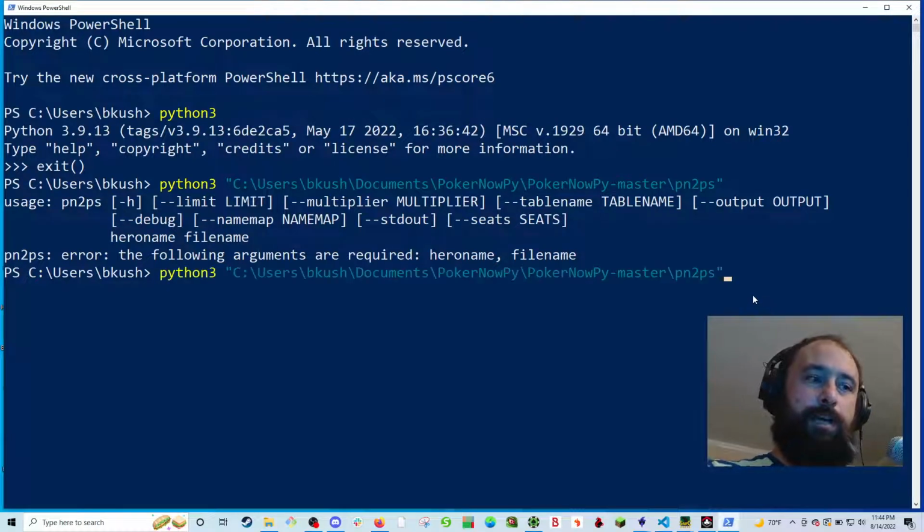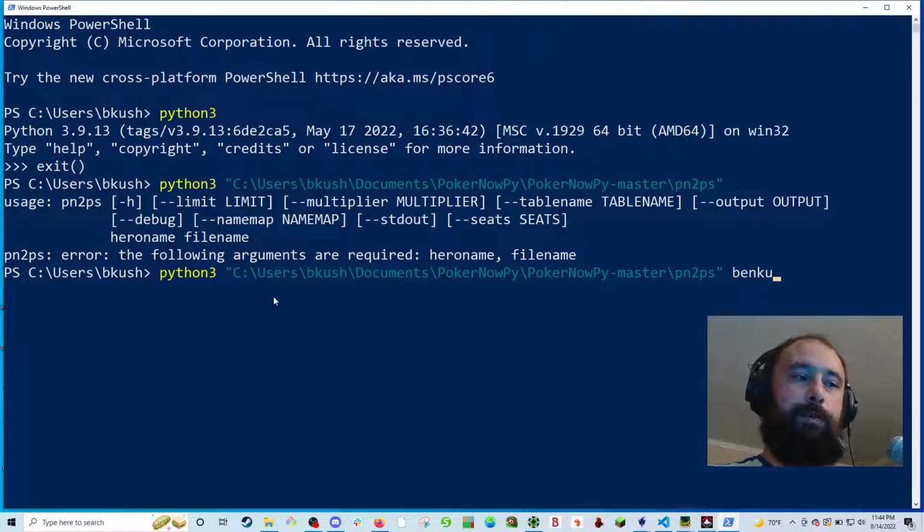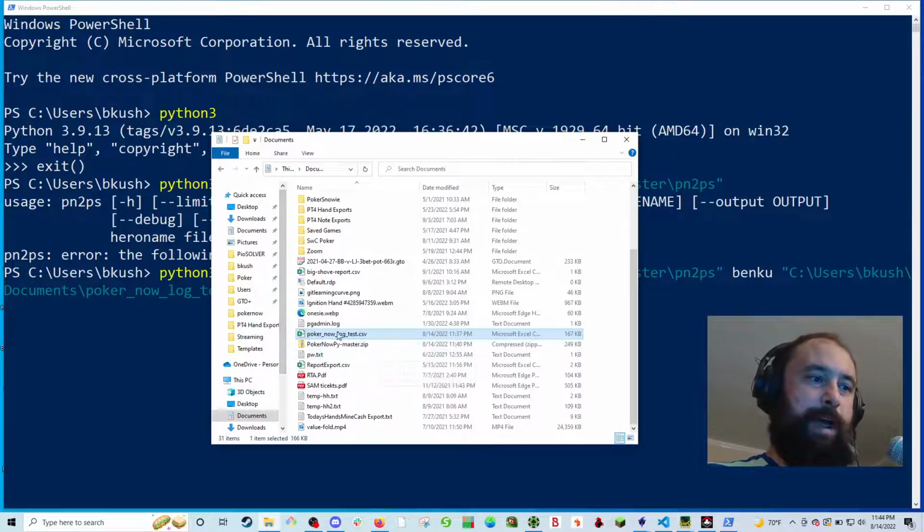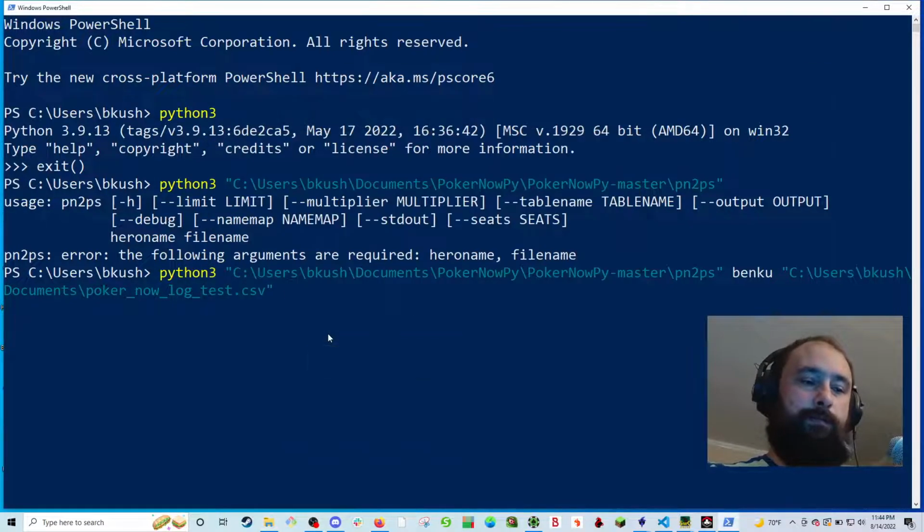So I'm going to press up. This brings up the last thing I just ran. So rather than typing all of this out again, so Python 3, the first thing I want to do is run Benku. So this is the first argument to this program. The first argument is Benku, and the second argument is this path to this PokerNow log test.csv. I want to go back here real quick. Notice that this file exists, but there's not another file named PokerNow log test.txt. When I run this,